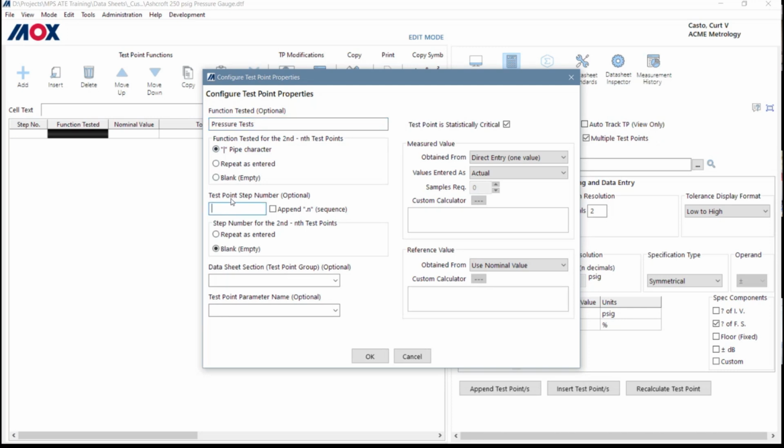All right, and then this test number, step number, this would be like from your actual calibration procedure. Okay, again, these two fields are utterly meaningless to MPS. They don't mean anything. So I'm just going to put 4.2.1, and that's because in my calibration procedure that's step 4.2.1 of the cal procedure. All right, and then in here for my measured value,